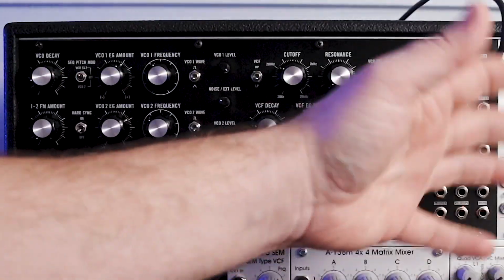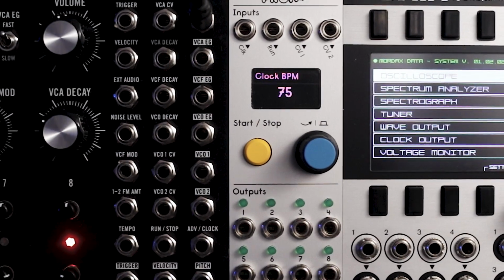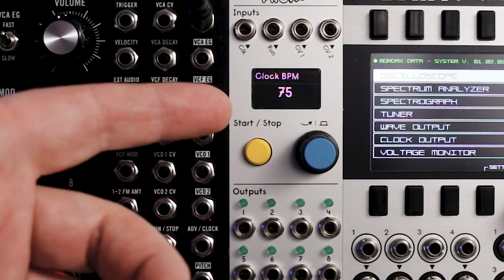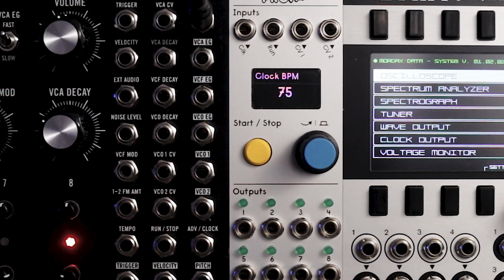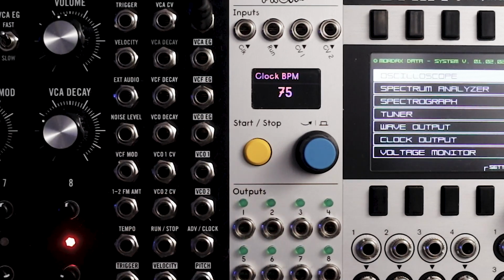Data, because I want to show you what's going on. So I think this might be the best angle. I mean, this screen is so small. It's amazing to me how easy it is to read. It's difficult in the videos. I'm going to try not to get in the way too much. But here you can at least see where I'm patching things, and I'll try to describe what's going on in